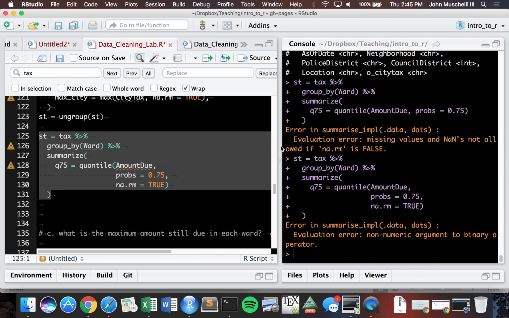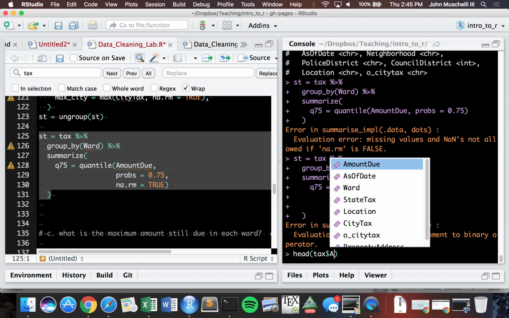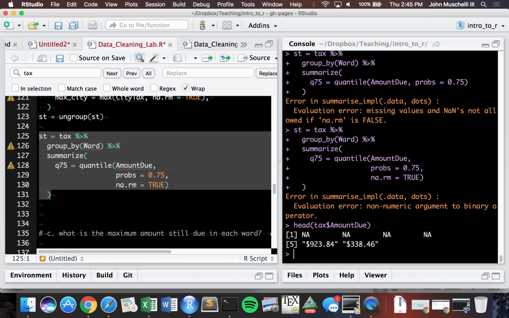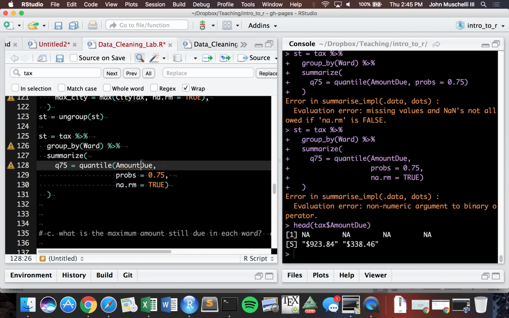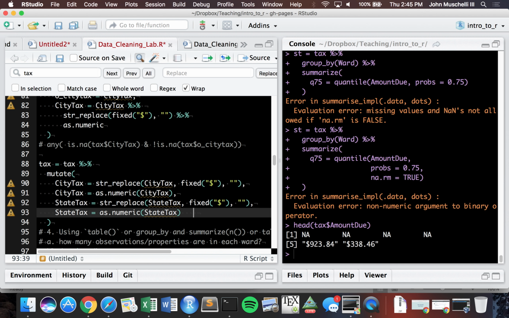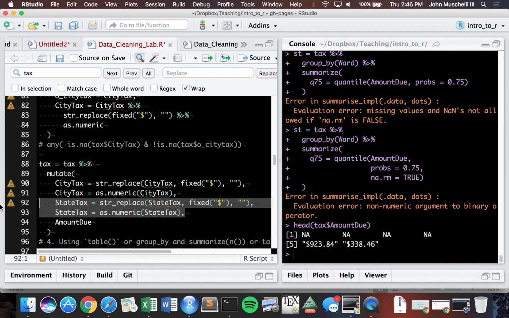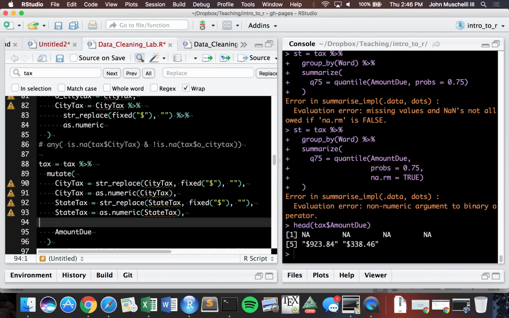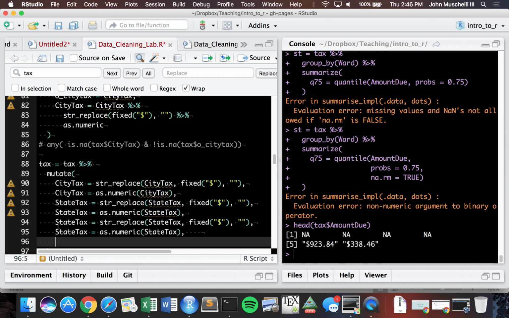Alternatively, what have we not done, at least so far? This one still has dollar signs. So I did it for city tax and state tax, but I never actually did it for amount due up in that code. So we have to just go back up here. And I don't believe we'll get to it, but